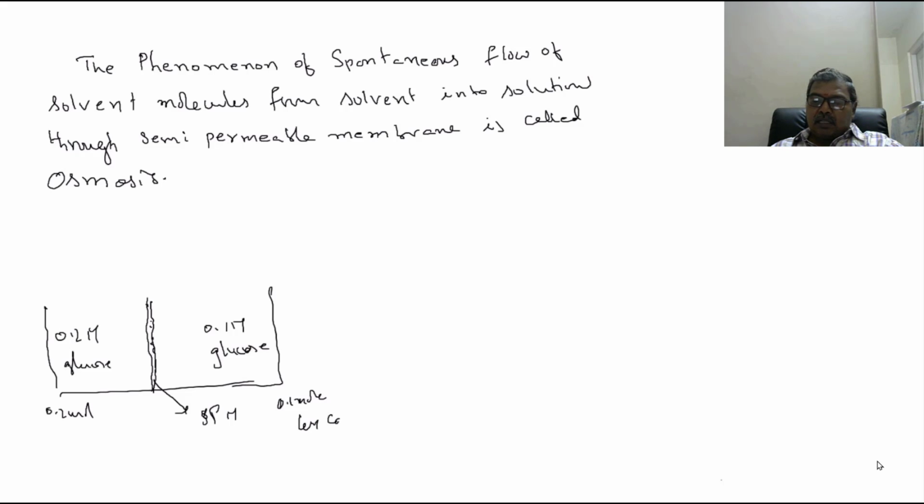This is the less concentrated solution and this is the more concentrated solution. So here there are more solvent molecules and here fewer solvent molecules. So this is solvent rich and this is poor. Right? Then the direction of flow of solvent molecules is from the less concentrated solution to the more